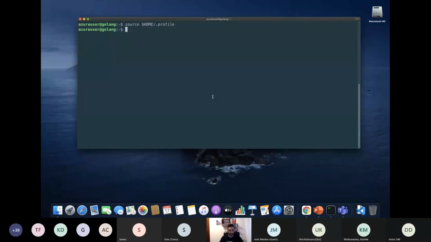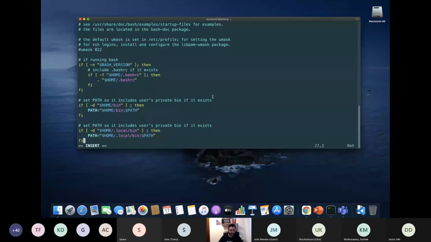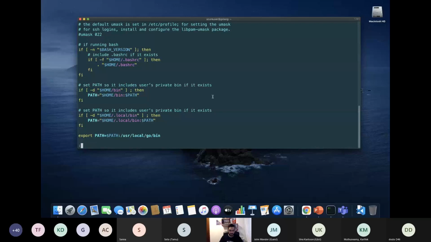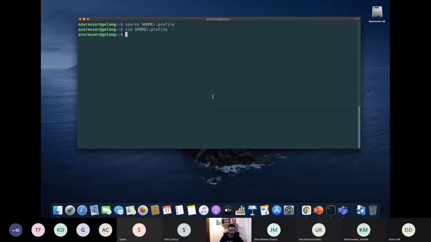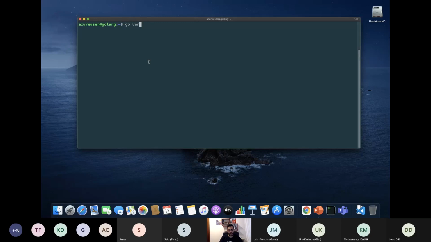If I want to make that persistent, I have to include that in this file. So if I do something like this, and I go to the end of the file, you can see here that there are a few things. And if I include this, if I close this, and I do something like source, this is gonna be now persistent. Okay, so if I echo the path, you can see that the folder is already there. Why do I need this? Because I would like to see the command, right? So I would like to see that Go is up and running.